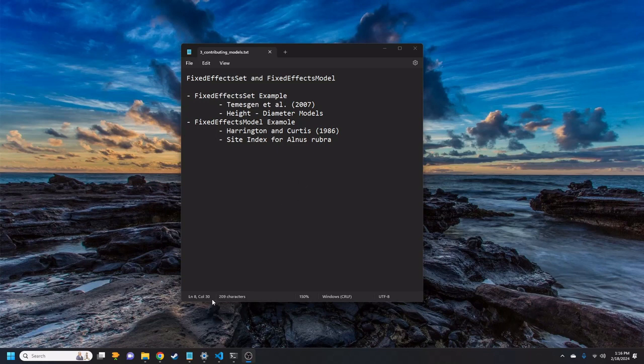I'm a forest biometrician practicing in the Pacific Northwest, and you're watching a video about contributing models to the allometric R package that is storing and allowing people to use and easily access allometric models used in forest inventories and carbon inventories and things like this. So the subject of this video is sort of an entry point into contributing models to the